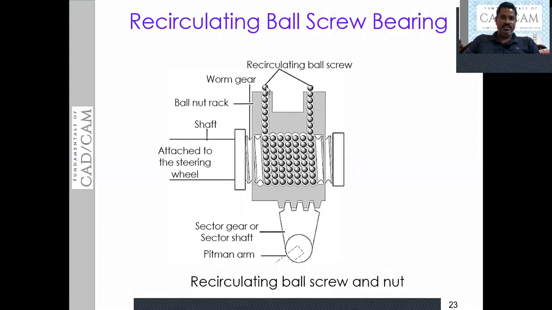From one passage, these balls are coming out. On the other passage, the same balls are entering in between the gap of the nut and screw. In turn, we are reducing the friction, and reducing the contact surface between the screw and nut. This is the basic principle of the recirculating ball screw, to reduce the friction between screw and nut. Also, it is converting the rotary motion to the linear motion, on which we are going to place a table or maybe tool.